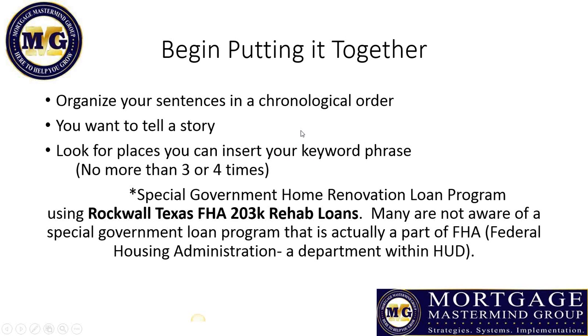Once you've got the sentences written for your points, you're going to organize those sentences into a chronological order. Now you're beginning to think about the order. But remember, you've already got your sentences written, so you're not writing this content. You've already done the sentence part. You're just putting them into a chronological order, and you're starting to see a story develop out of it, and you're going to support that story with supporting sentences in between. You'll start to notice, this sentence would look really great if I just put this little piece right here in the middle of it.